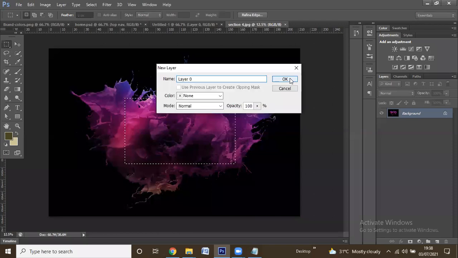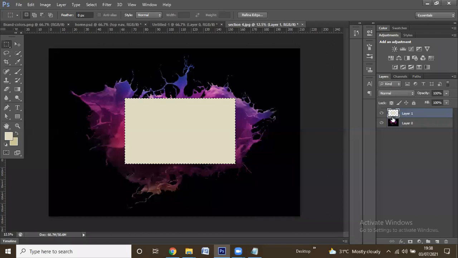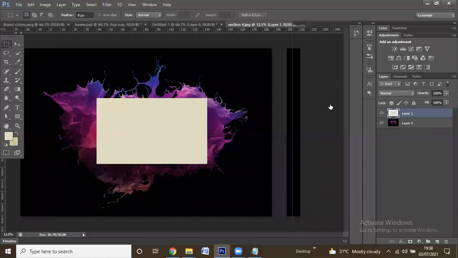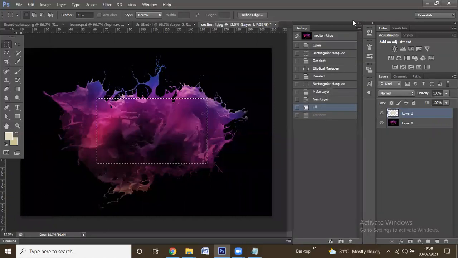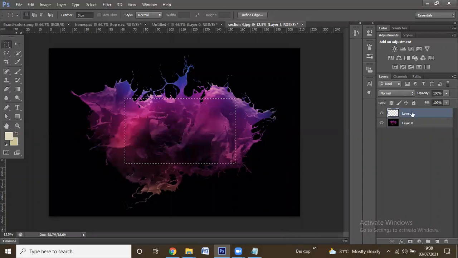For example, I will take one more layer. In that layer, I will put some color. I will explain each and every tool. Don't worry, it takes some time.